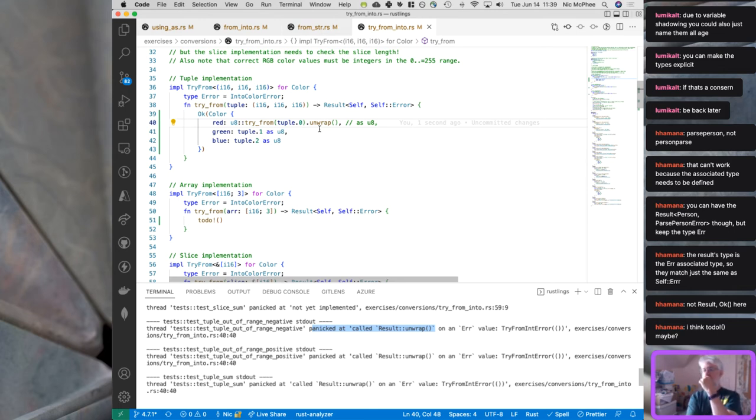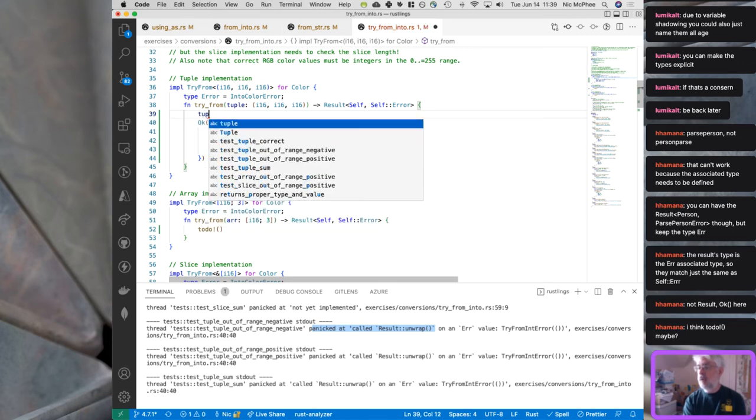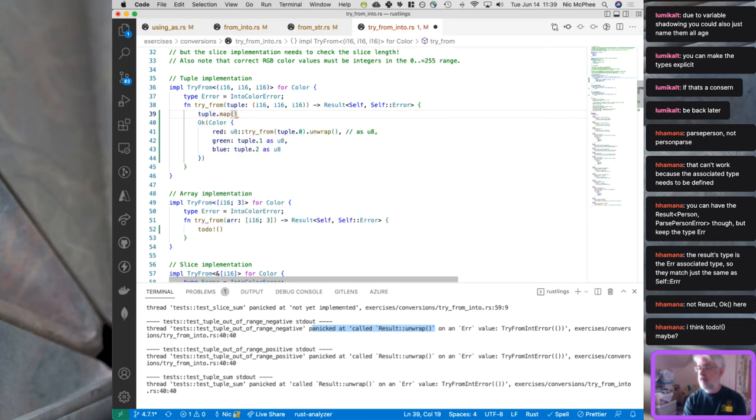Now the question is, can we map that? Can you map across a tuple? I feel like you can. Seems like a Rust thing that I could map across a tuple. In which case, I wonder if I could say tuple.map, and I'm going to have a